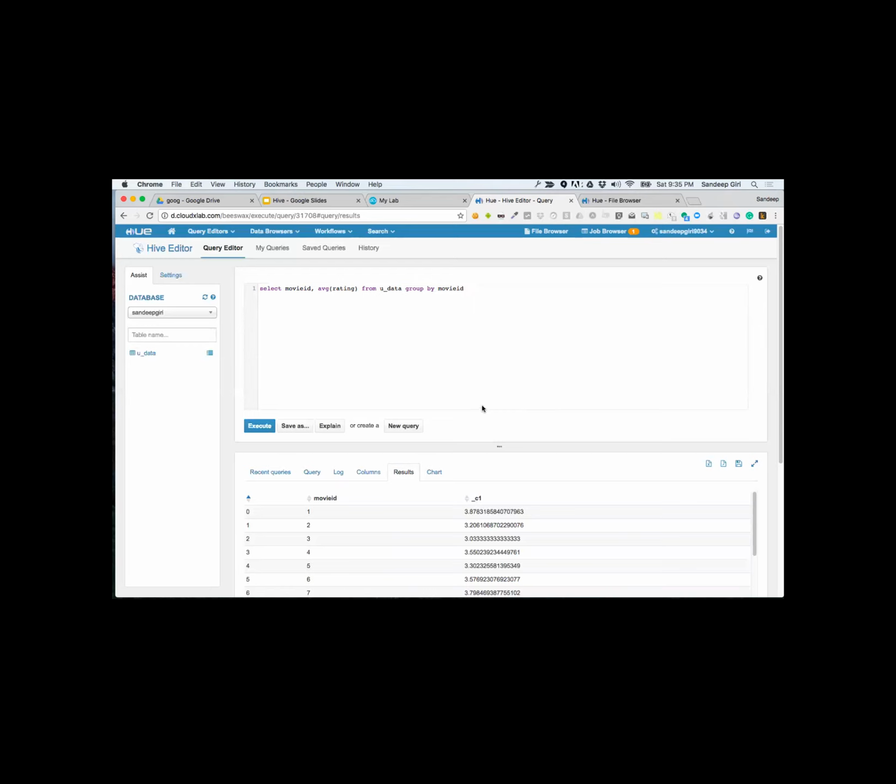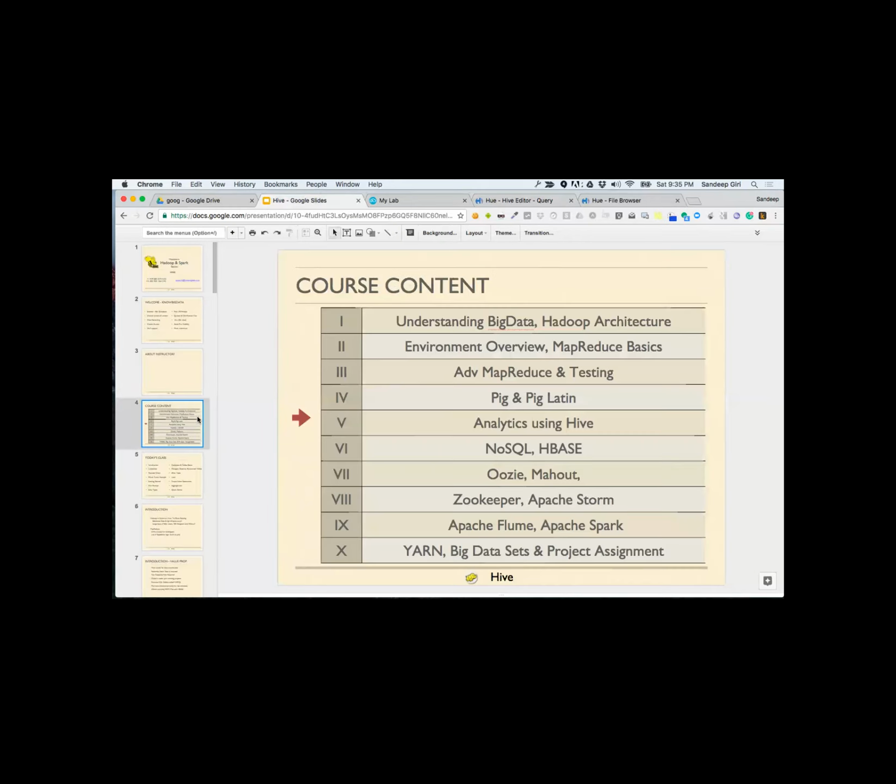Now what we just observed is that once we create this table, the rest of life became easier. And that is the thumb rule about Hive. Once you have a table in place, everything else is easier. Okay. So everybody is with me and comfortable so far. We will talk about theory now because now it'll make sense to you.